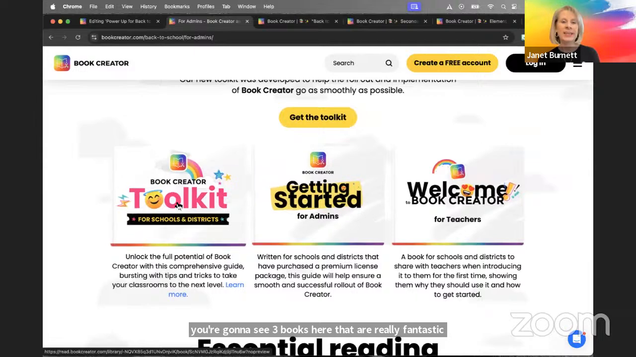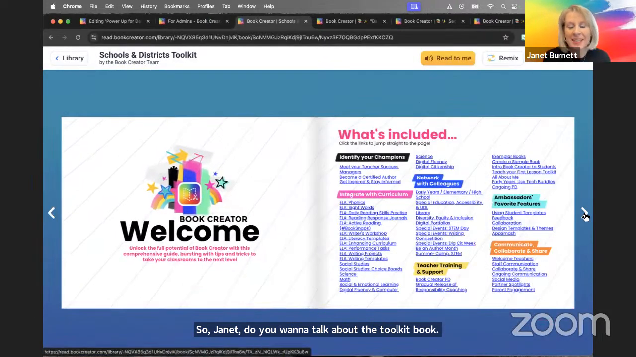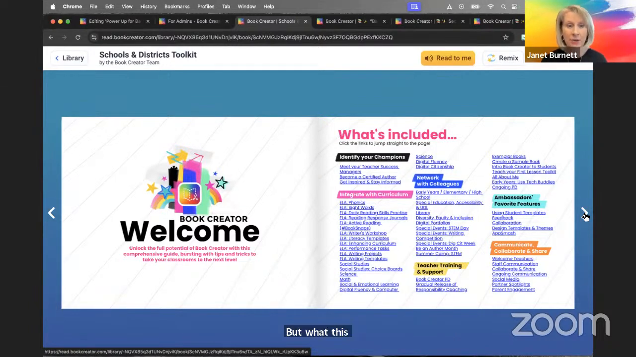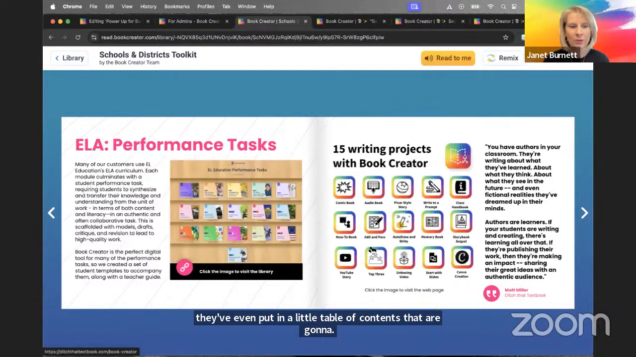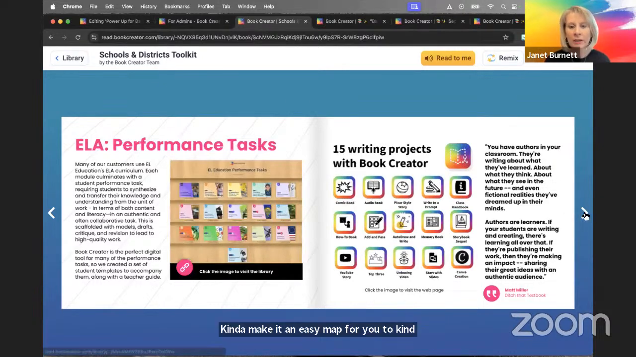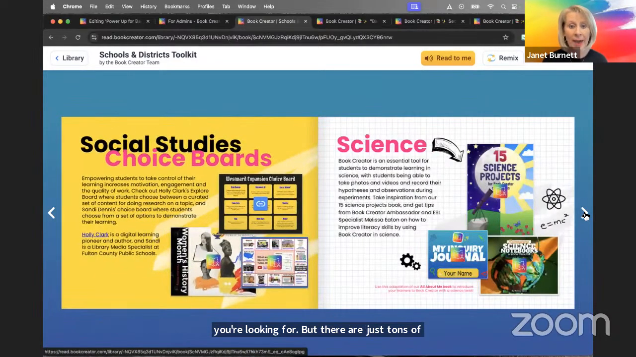Yeah, so this again is another time saver for everyone, and who doesn't need to save time, right? But this is just a big compilation of resources that are going to make your job easier when you're training others. And you can see here, they've even put in a little table of contents that is going to make it an easy map for you to pick what you're looking for. But there are just tons of different examples in here about how you can take Book Creator, which is so powerful